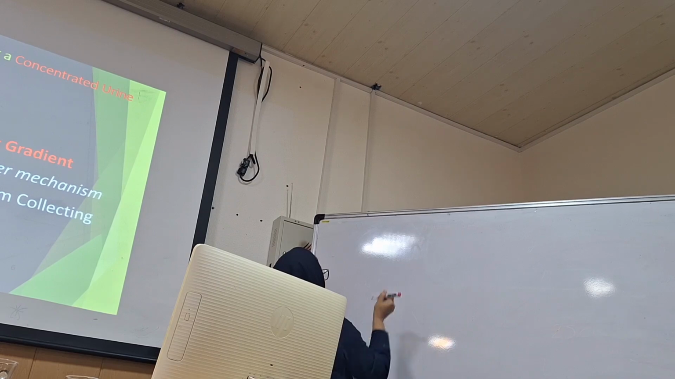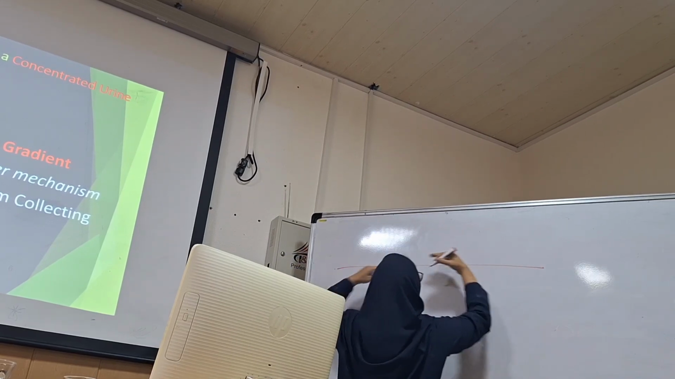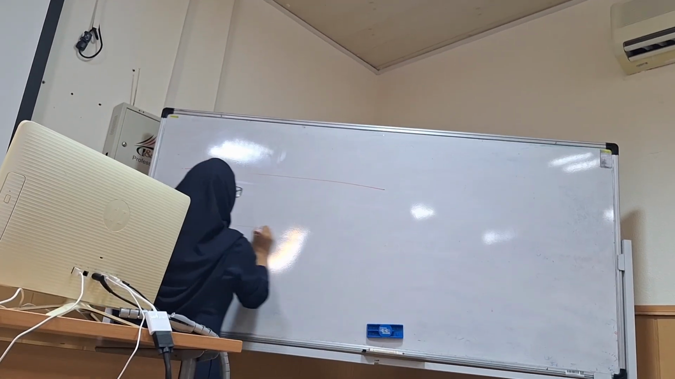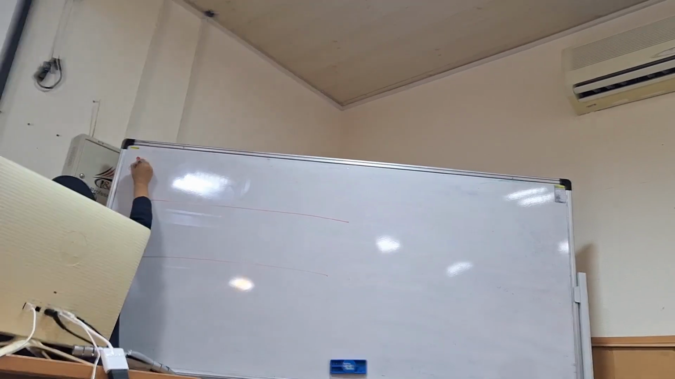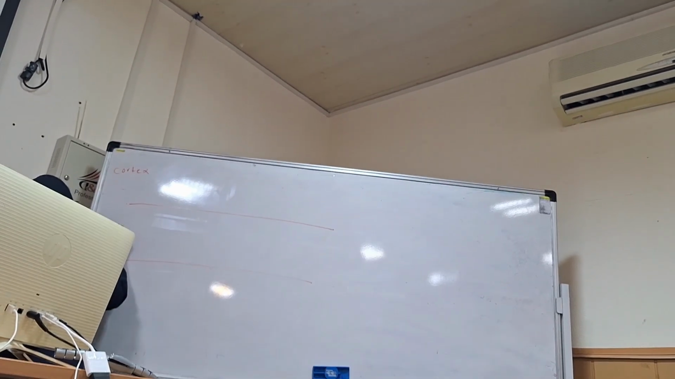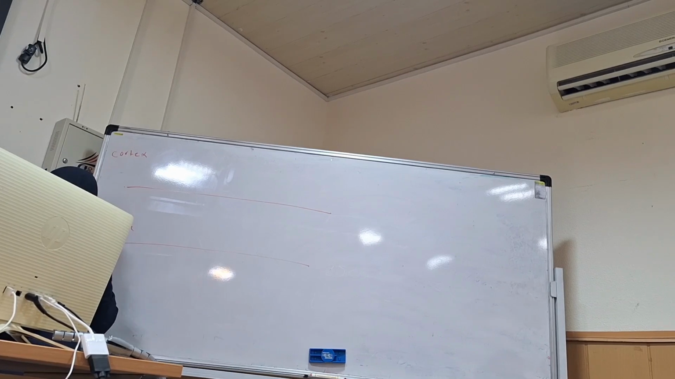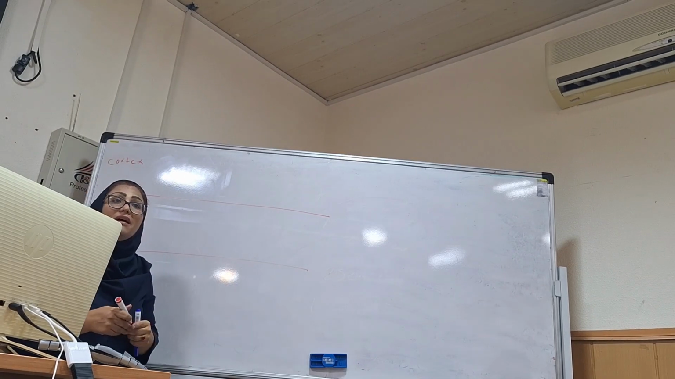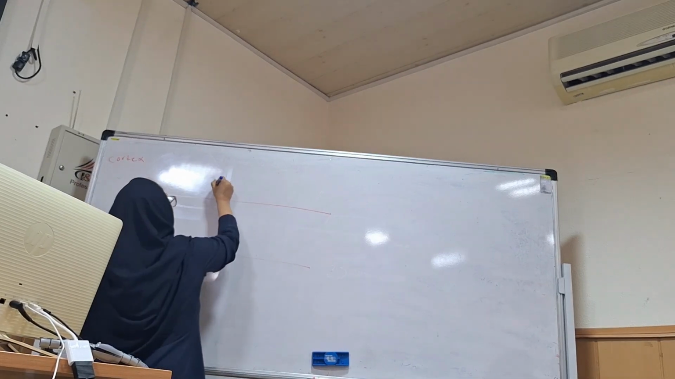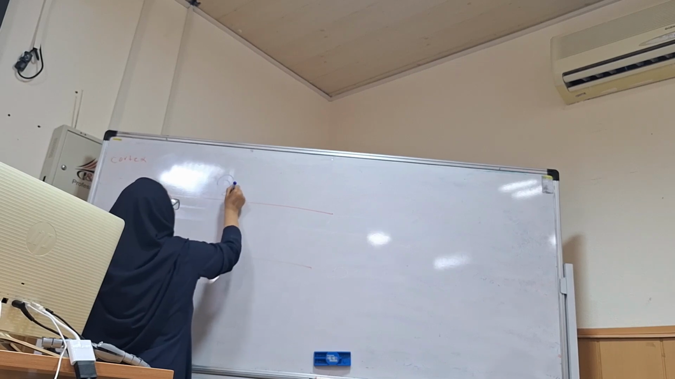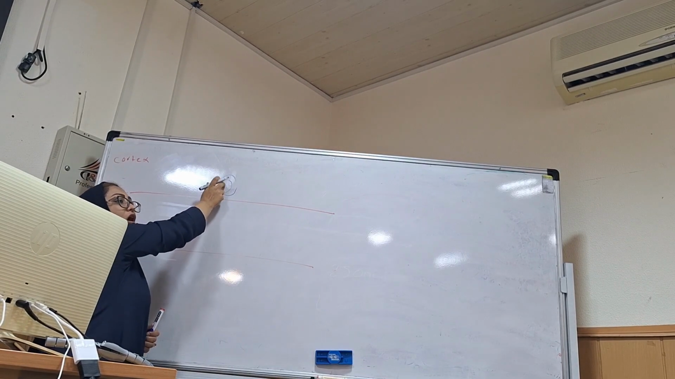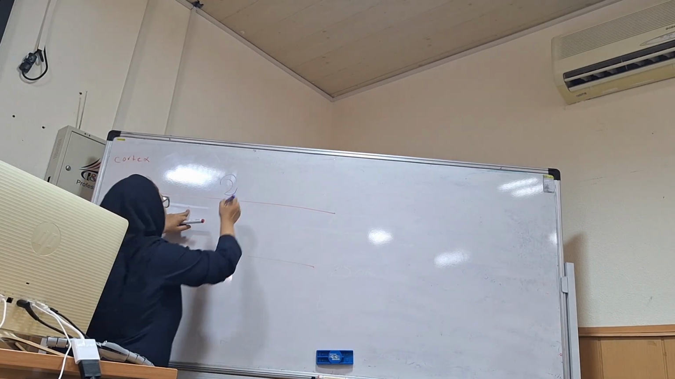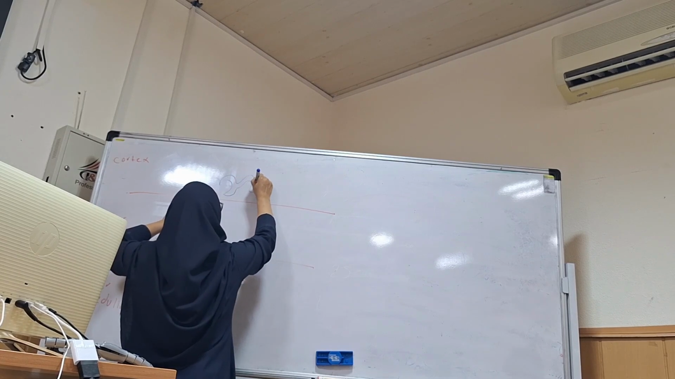Pay attention, okay? Suppose that here is the cortex of the kidney. Here is the outer medulla, and here is the inner medulla. Do you remember yesterday I told you the Bowman's capsules of juxtamedullary nephrons are in the border between cortex and medulla? Yes. Okay. And after that, proximal tubules,